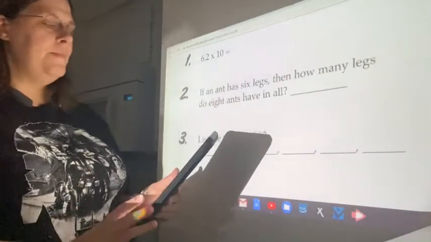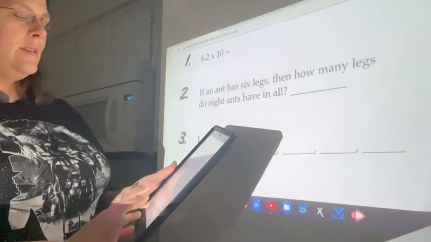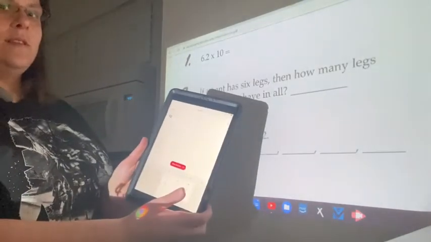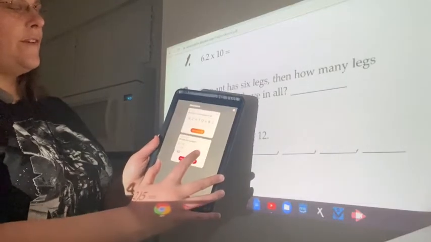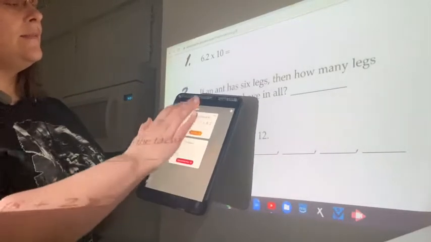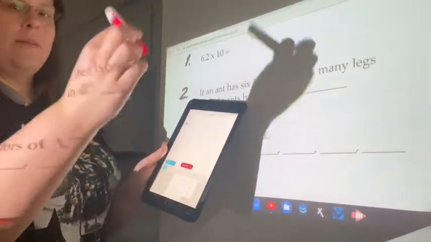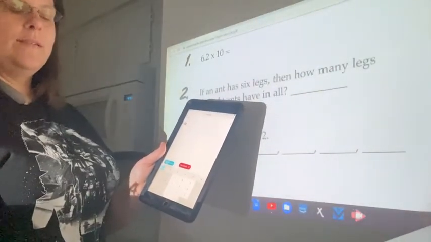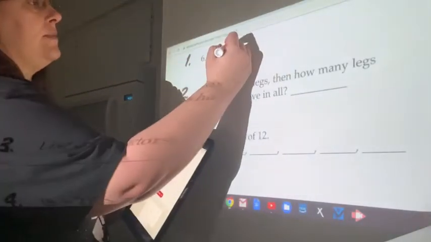So the first thing I'm gonna do is I'm gonna put 6.2 times 10. That turns into 62, as you can see right there. If you want to follow the solution, it's right there. It's a very simple problem, so we don't gotta worry about that. I'm gonna take red marker today. You know why? Because last time I did black, this time I'm doing red. So the answer is going to be